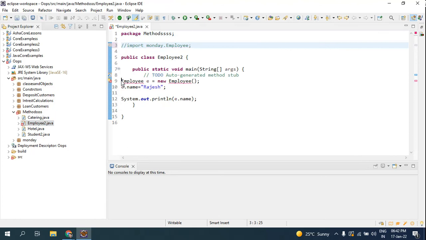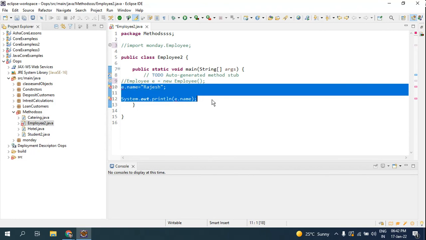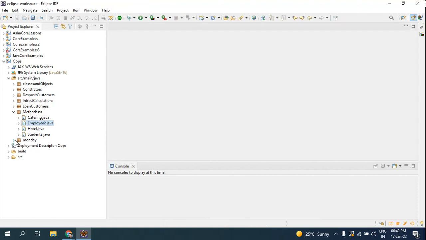So I'll just comment out the objects and everything so that no error will be shown hereafter from this page. So let's get rid of this employee and let's go to the Monday where I have used the inheritance.